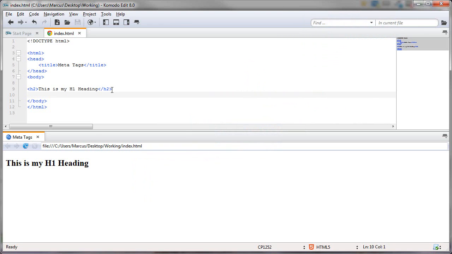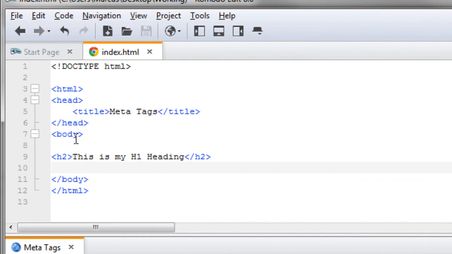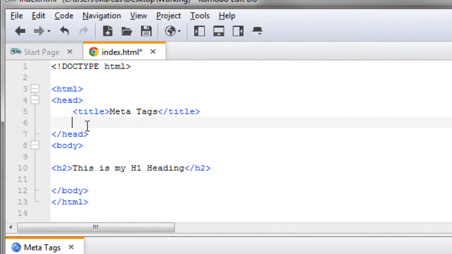So I've got my Komodo HTML editor open, and I want to go up here just below the title tag, and it doesn't matter if it's below or above, I'm going to go ahead and enter in the charset tag. And this is a little bit different in HTML5 versus HTML 4.01. And this being an HTML5 page, as shown by the declaration here, we need to use this form for the charset. That's the opening bracket, meta, space, and then the charset equals attribute with UTF-8 as